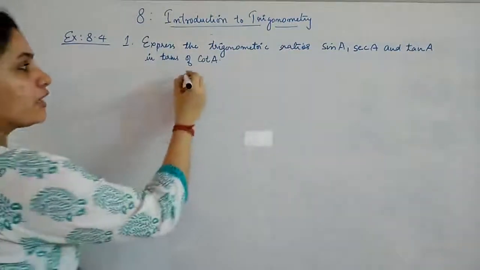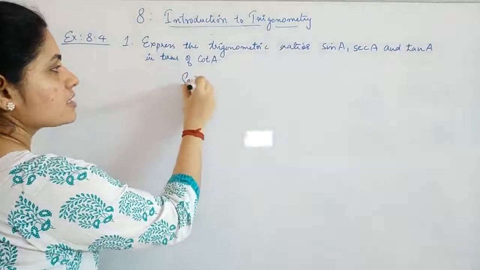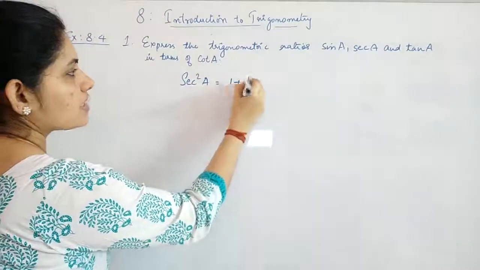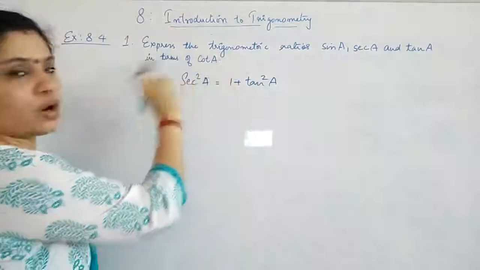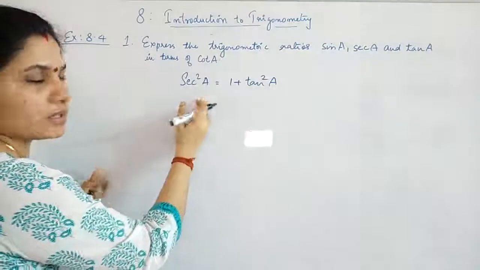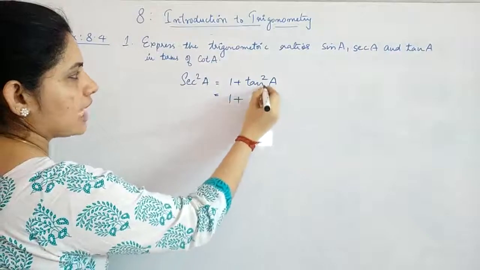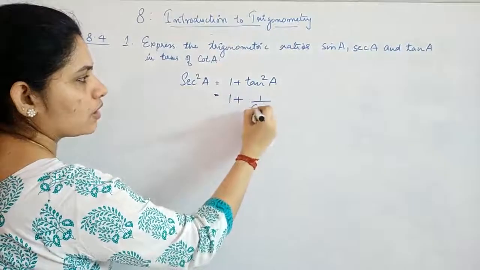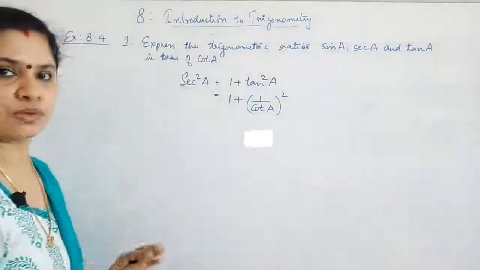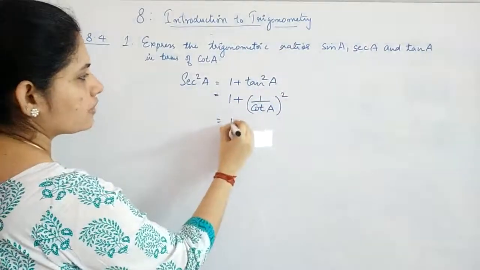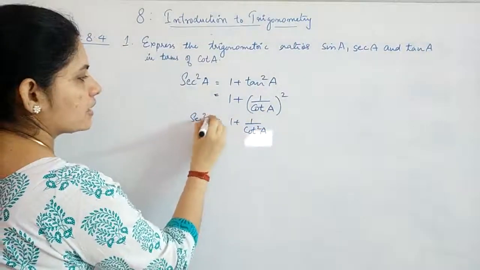Next is you have to find out what is sec in terms of cot. So first we will start with the identity sec square A is equal to 1 plus tan square A. Now why we are using this? Because we can change tan in terms of cot. Okay, so sec you already have to get, so this is not changed. Now we are just changing tan in terms of cot, which is reciprocal of cot, right? Tan is the reciprocal of cot, cot is the reciprocal of tan. So here you are getting sec square A is equal to 1 plus 1 by cot square A.